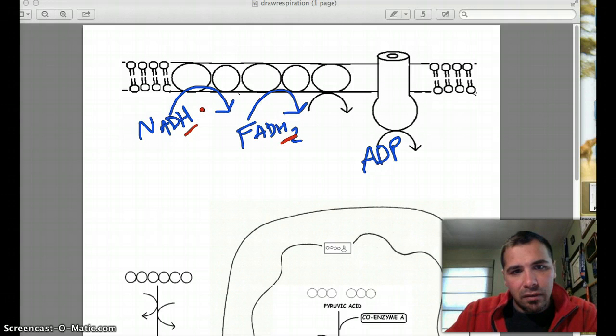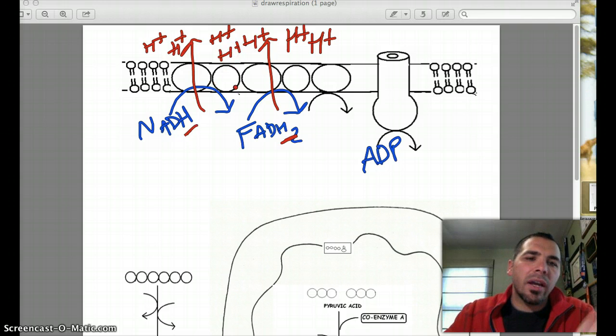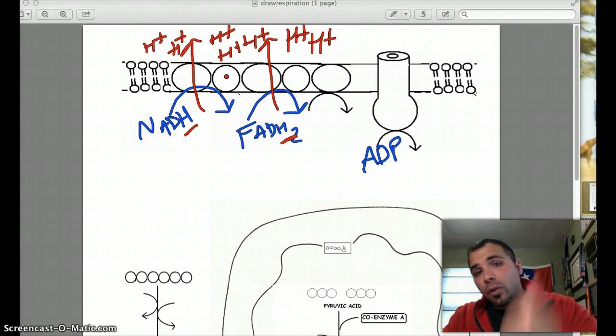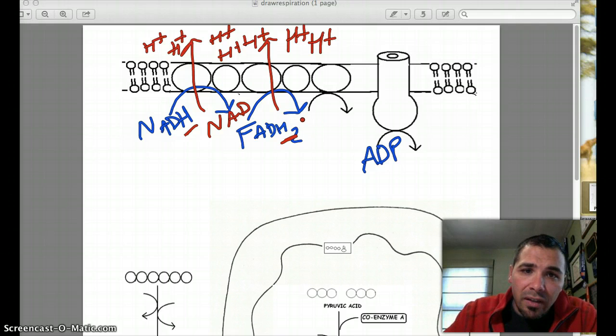So what's going to happen is, these carrier molecules are donating these H pluses. As the electron transport chain is occurring, these hydrogens are being forced across. So they're going across the cristae. And what's going to happen is NADH will become NAD, FADH2 will become FAD. I'm going to clear my space here. But we also have something here. I'm going to have to do this in a different color,